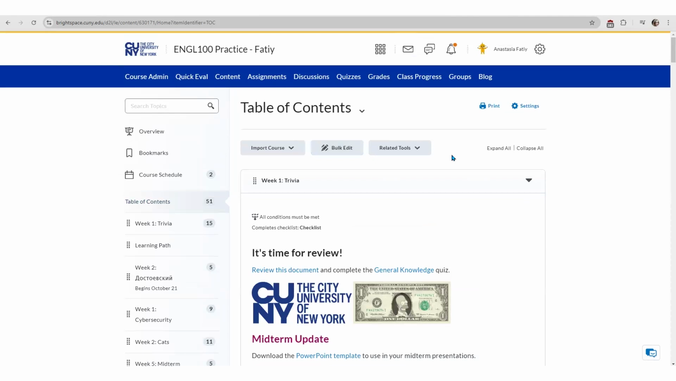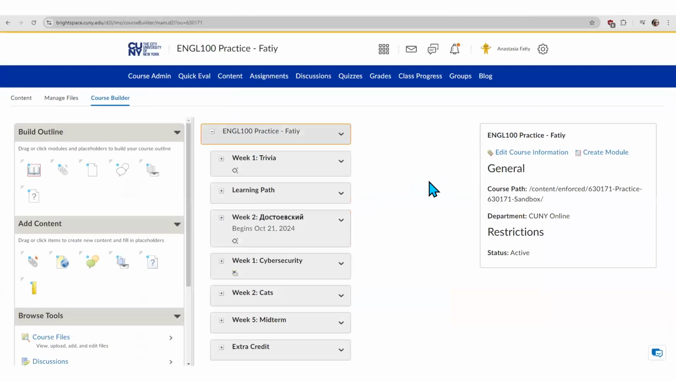But that's not what I wanted to cover. Under Related Tools dropdown, we have Course Builder and Manage Files. So first, we're going to jump into Course Builder. And this is just a different way of looking at the same content, right? The view we were looking at